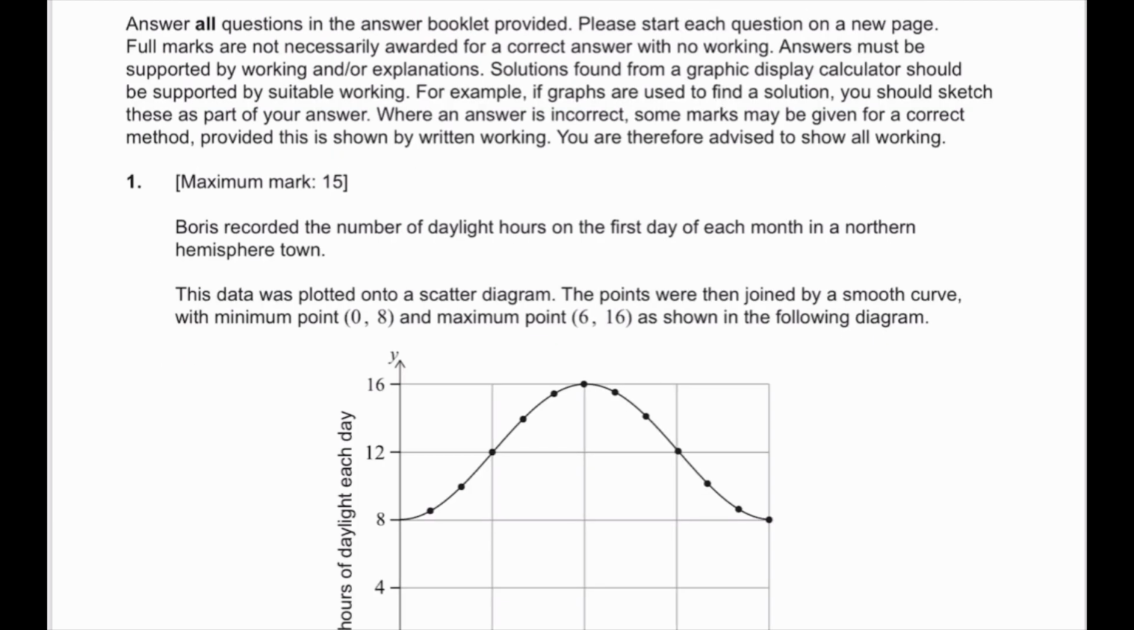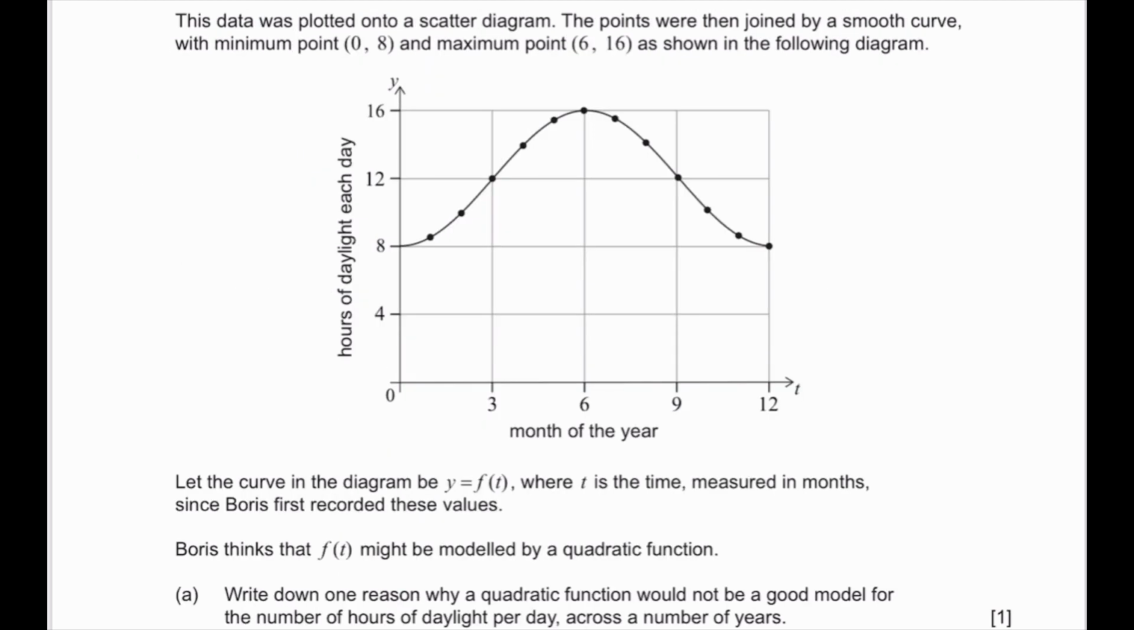Question number 1. Boris recorded the number of daylight hours on the first day of each month in a northern hemisphere town. This data was plotted onto a scatter diagram. The points were then joined by a smooth curve with minimum 0.08 and maximum 0.616 as shown in the following diagram. Let the curve in the diagram be y equals f of t, where t is the time measured in months. When you read something like this, make sure you underline so that you remember, since Boris first recorded these